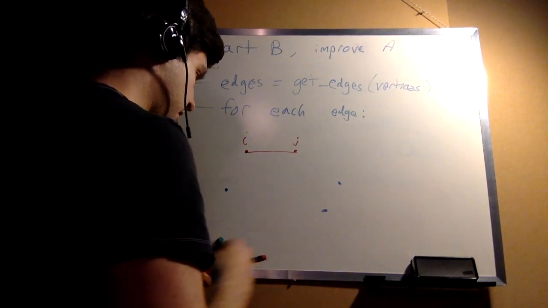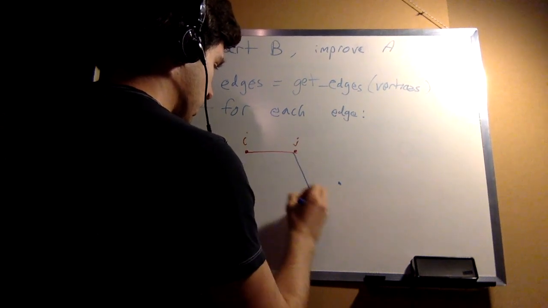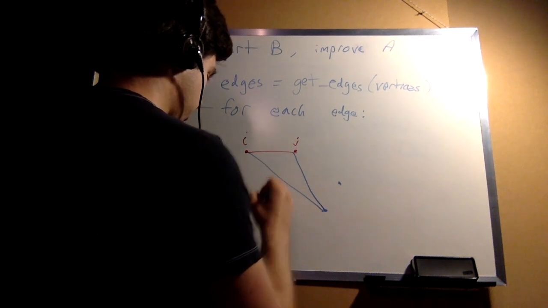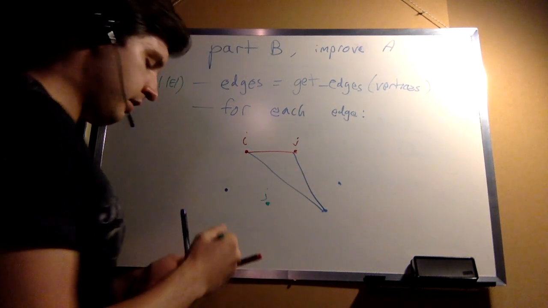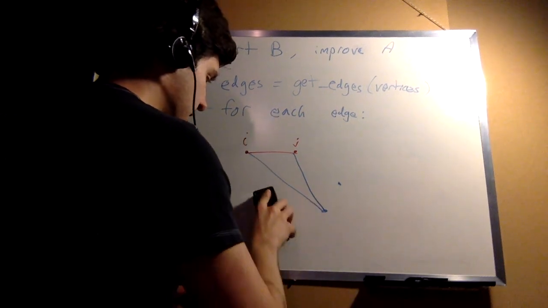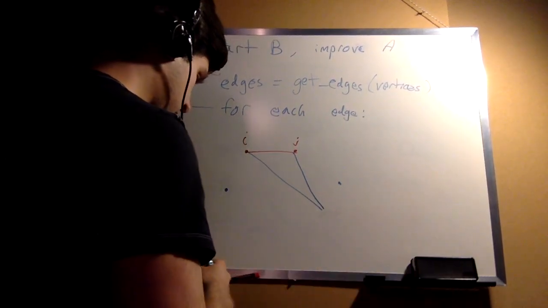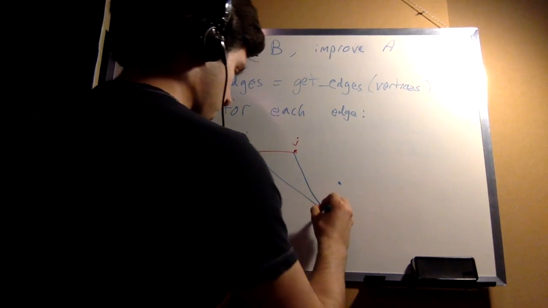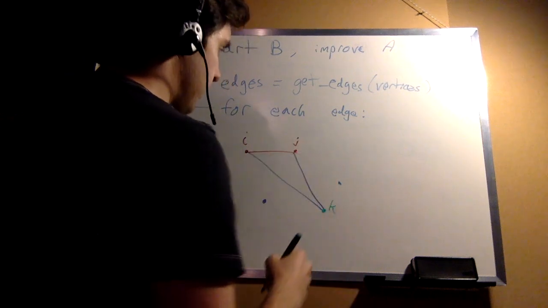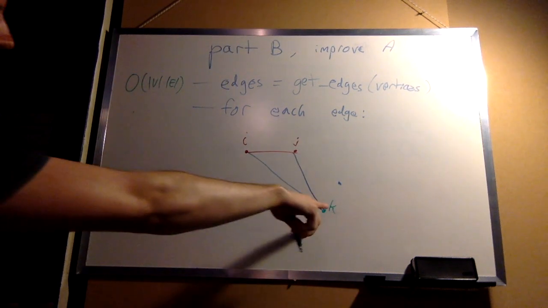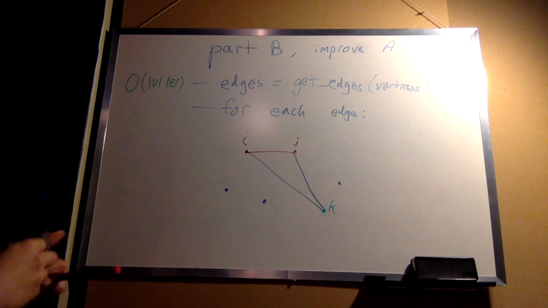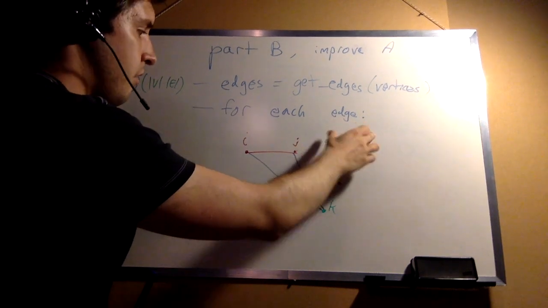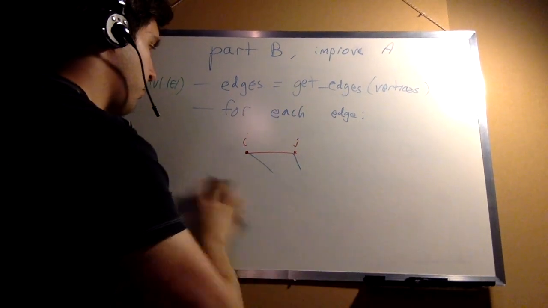So that would take us here, and let's say there's actually an edge here and one here. So we'd go here to J, this is our new J, and we'd say, okay, there's no edges connecting it, so move on again. Here's our new K. Oh, and it does have an edge connecting each of them. There's an edge from K to J, and there's an edge from K to I. Now, if we know the edge, then we know what's on either side of it. So all we have to do now is we check